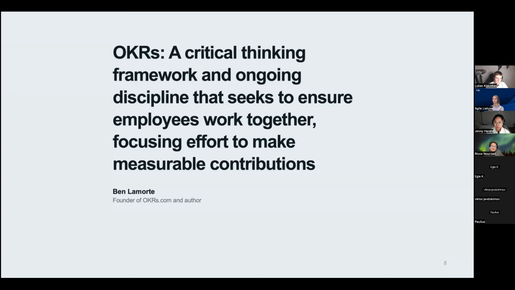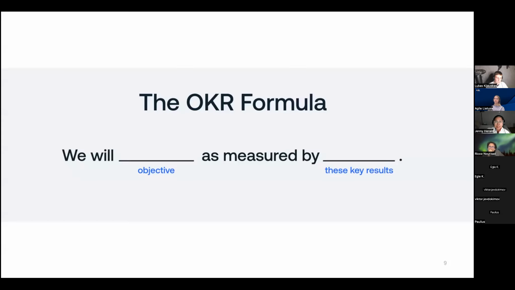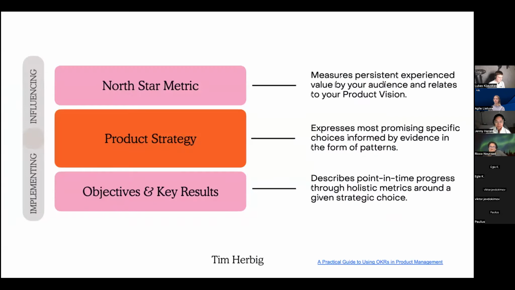That is the high level goal that we try to achieve with OKRs: how can we ascribe value and purpose to everyone's work so it's clear. And so then the formula, which Ricco nodded to John Doerr, who arguably evangelized this at the onset, he learned this methodology from Andy Grove from his Intel days. The idea is that we're going to do some objective as measured by a set of key results, which are those data points, those measures.